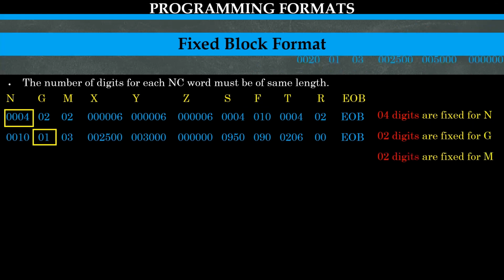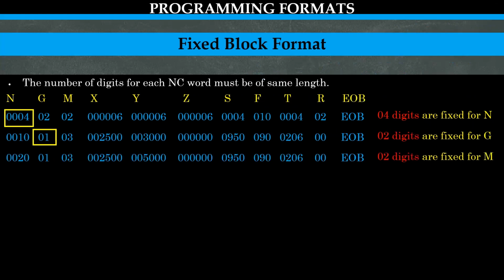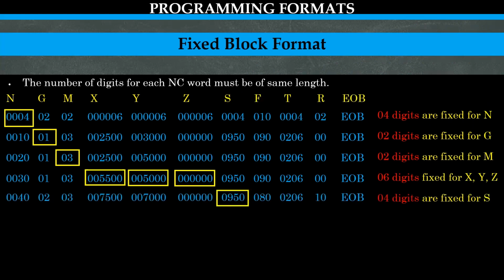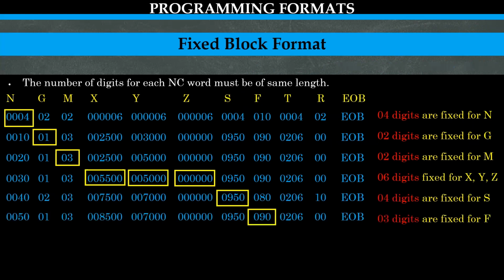Again, 2 digits are fixed for the miscellaneous function numeral. 6 digits each are fixed for the X, Y, and Z words. 4 digits are fixed for spindle speed. For feed, 2 digits,